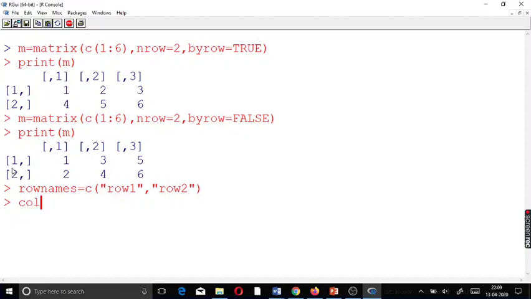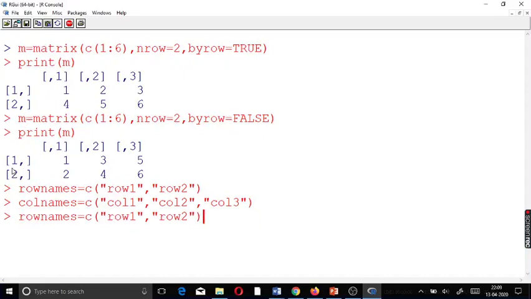Now when I say column names, I have 3 columns in my matrix. So I can say column 1, column 2, column 3. Fine. Yes. So how do I represent these as my matrix row and column names? How do I modify my definition? So we had already created this, right? So this TRUE part. Now what can I include here?